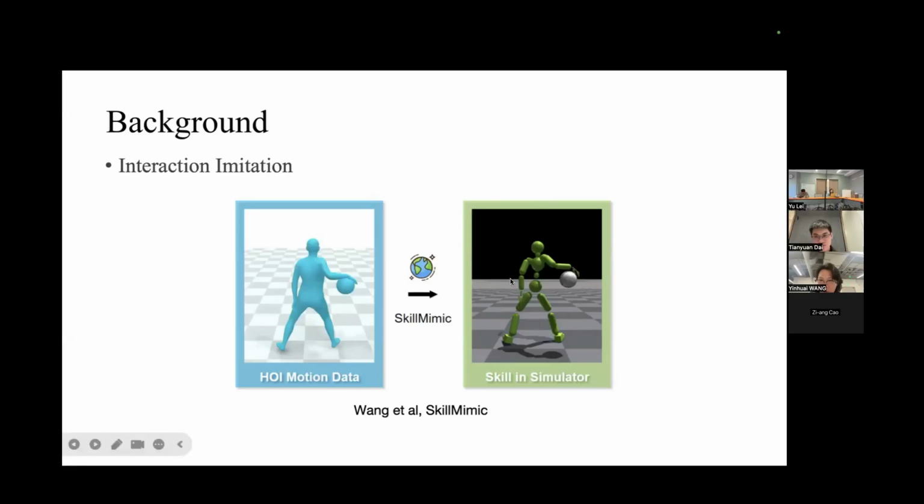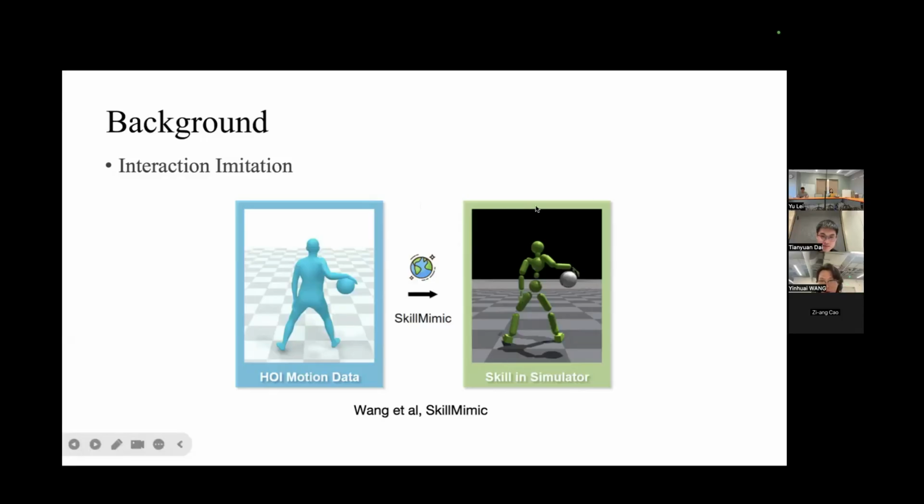If we want to achieve this paradigm on real-world robots, it faces several difficulties. The first problem is retargeting. We need to retarget the human motion to a humanoid robot, which is very difficult considering we have an additional object. Another problem is the symmetry gap.